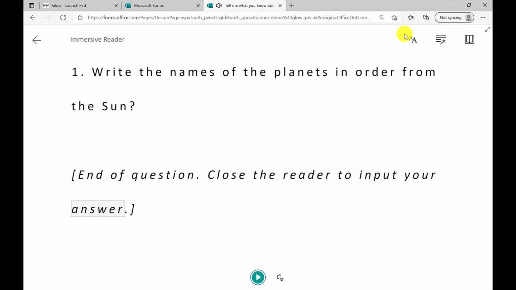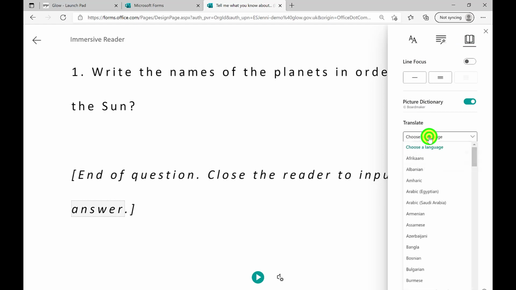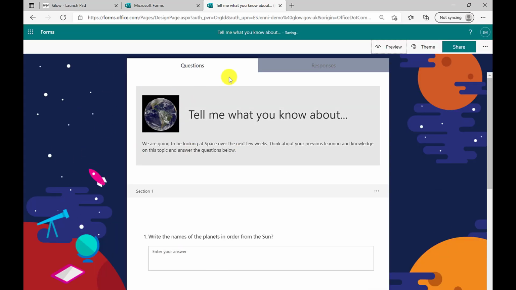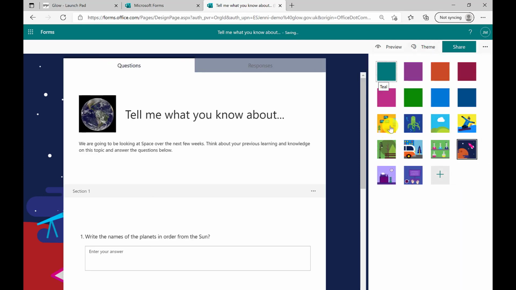Participants are also able to change font sizes and backgrounds, turn on grammar features, or, using the reading feature, change to different languages. Lastly, you may want to change the background and theme of your form. We'll cover more on this in a separate video. However, using the theme button, you can quickly and easily change the colours and themes